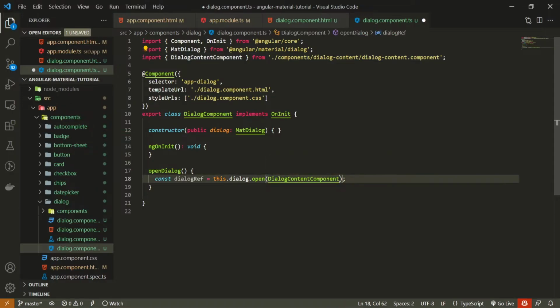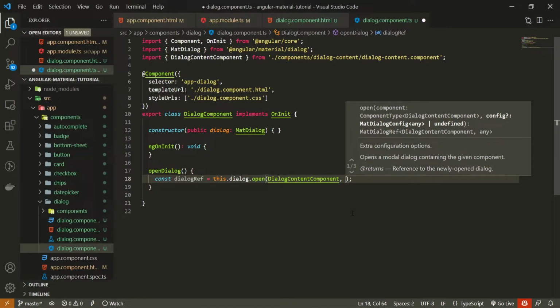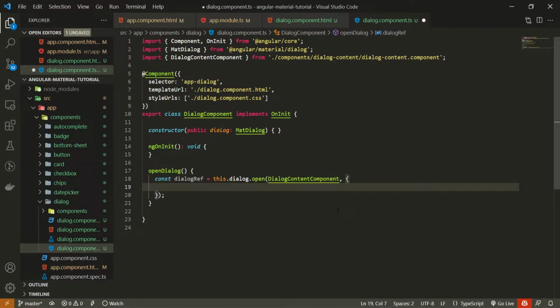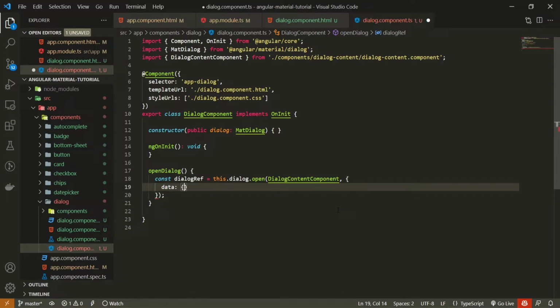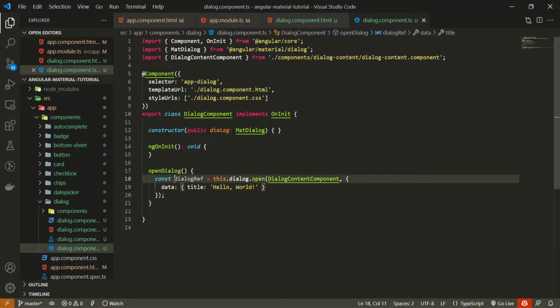Next to this component that is now passed to this open method, we can also pass some options, and to pass options, just use a comma and an object after that. So for my options here, I will pass data, and this data will have an object inside with a title property which will say Hello World. Here I just wish to show you an example of how you can pass your own dynamic data into your own dialog from Material. And now you know we stored this dialog inside of this dialog reference. Well, we can reuse this reference right now. For example, we can get a result of the dialog by using this reference.